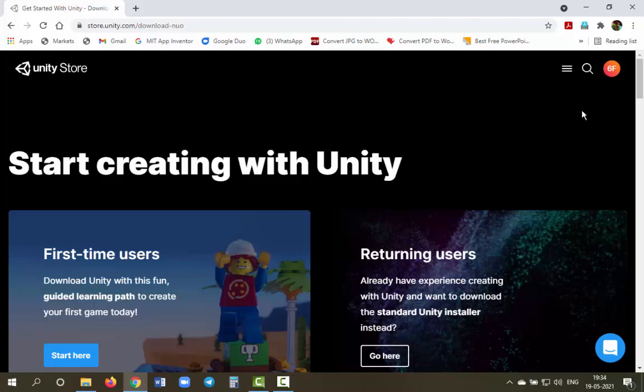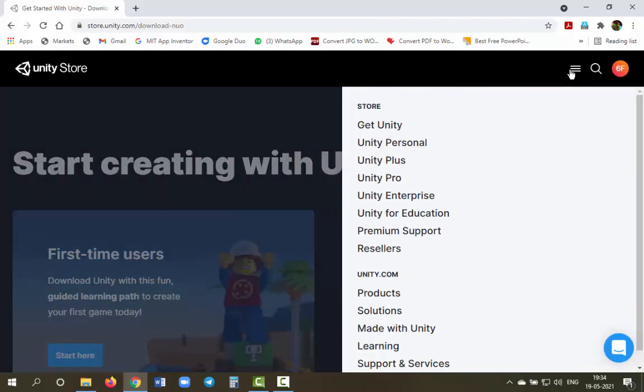If you are opening this software for the first time, then you have to submit your credentials. Now see, this is the store, Unity store. In this Unity store you may download any type of products. See here, get Unity.